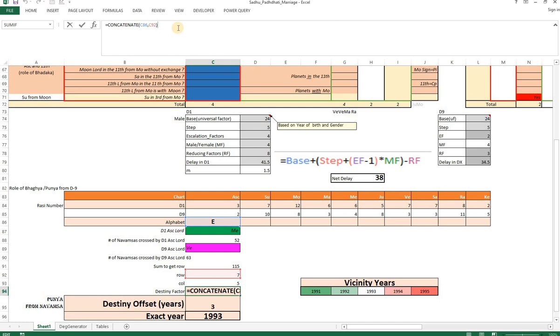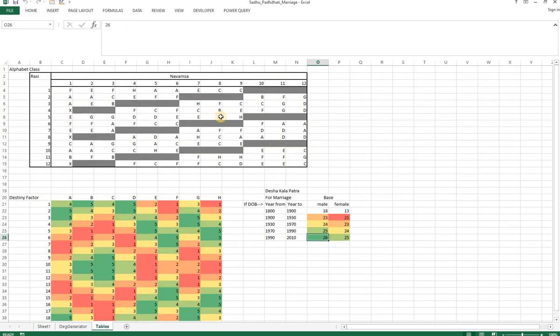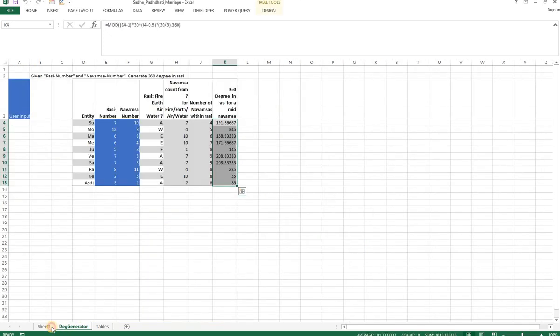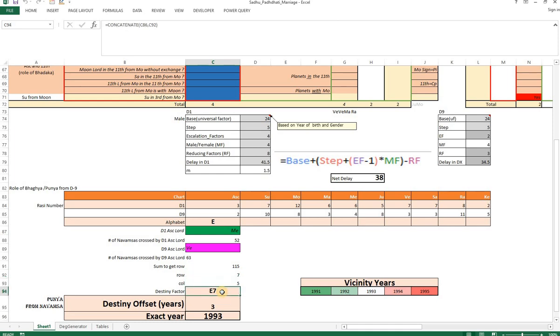basically the row for the table is computed from this destiny factor. The sum of these two gets used at this table, not this table. So it goes to this table. It determines from the Rashi and the Navamsa. It has a table there, so it will pull out what is the... It is basically getting from the row, and the row itself is a function of the Navamsa. Okay,